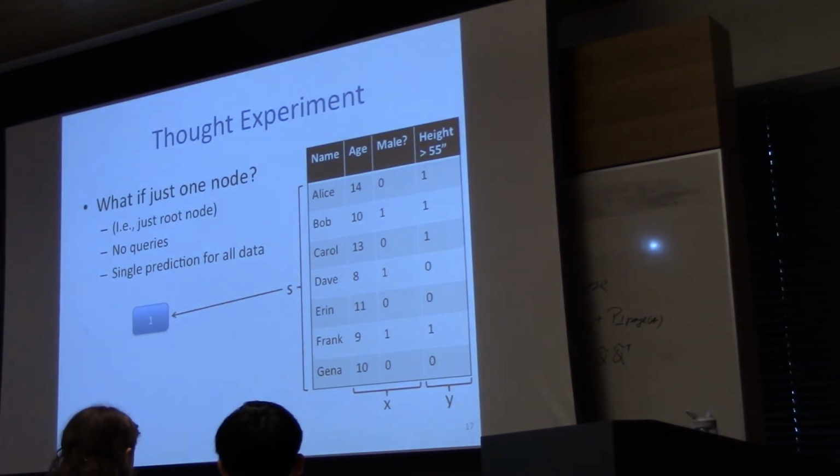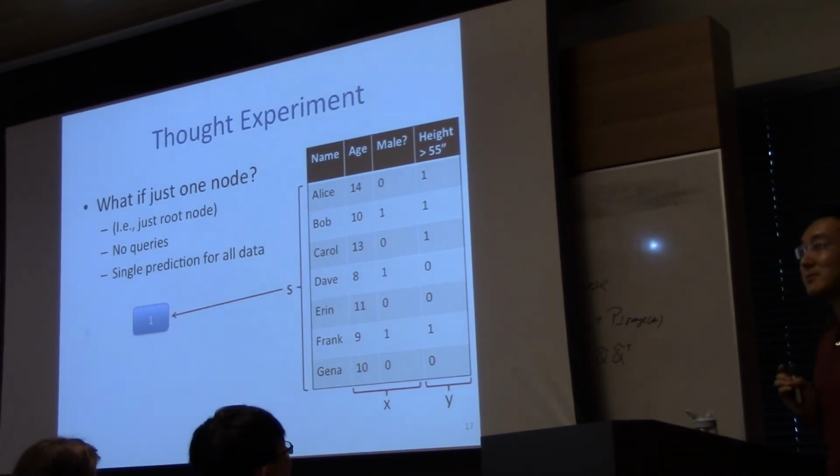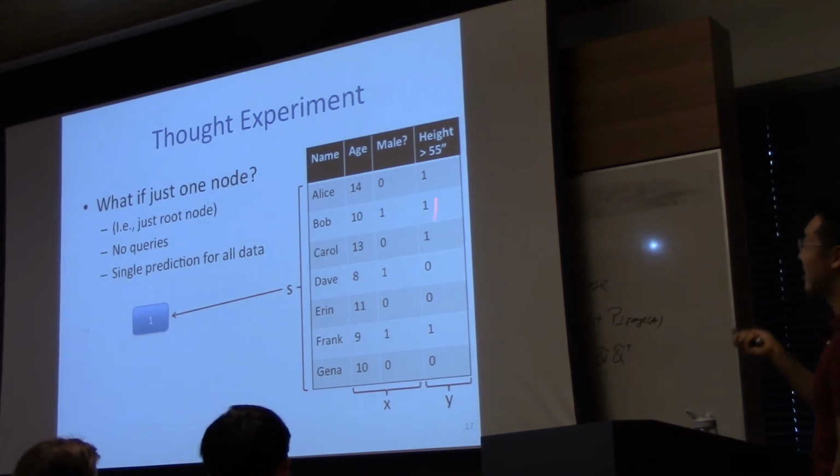So here's a thought experiment. What if we just had one node in our decision tree? This is a valid decision tree. It's just one with no decisions. It's just the root node. The root node is a leaf node. There are no internal nodes. What this means is this degenerate decision tree just makes a single prediction for all your data. No matter what the input features are, I'm going to make a single prediction. So what should that single prediction be if this was the case? Well, it should be the majority class, right? And in this particular case, most of the people in this data set have height greater than 55 inches, so the majority class is